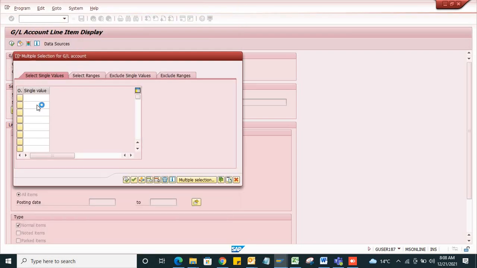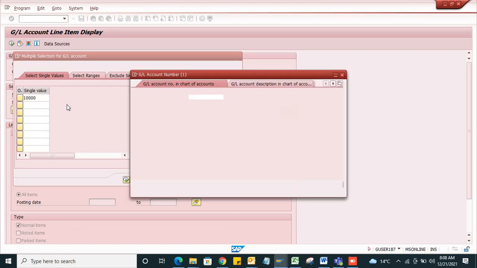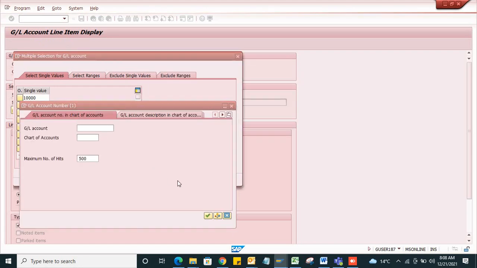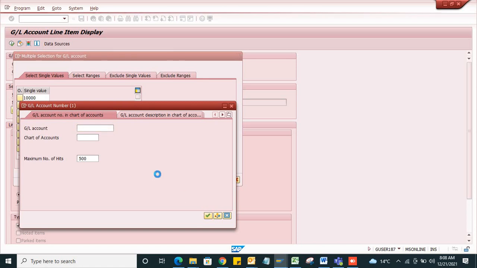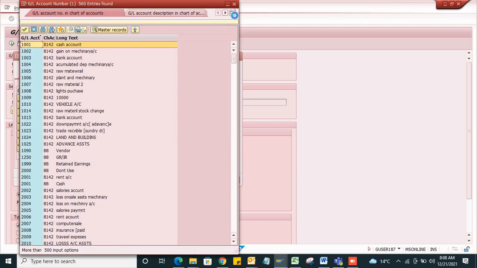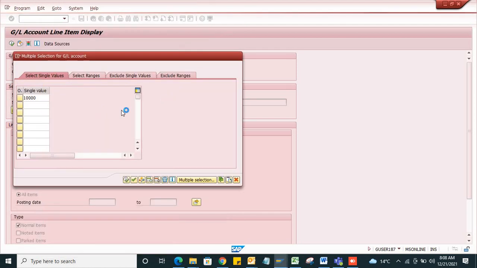Cash account. I'm just controlling my chart of accounts.